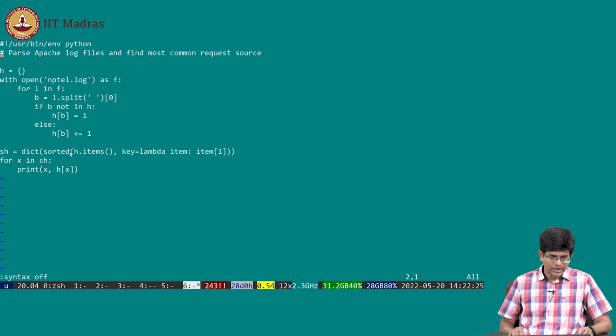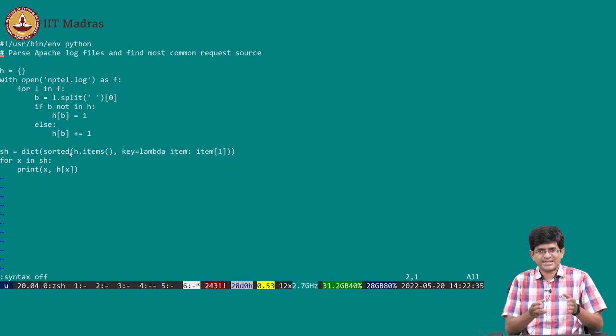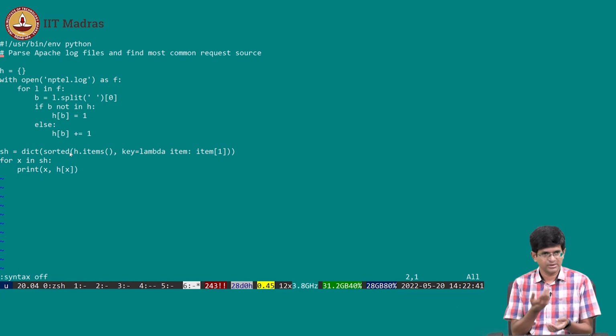So what have I done? I have basically tried to create a Python file which does it the way that you would think about parsing a log file like this. What do I mean by parsing in this case? Normally parsing means you take something like a C program or a Python program, read it line by line, split it up into words, and try to associate meaning with those words.